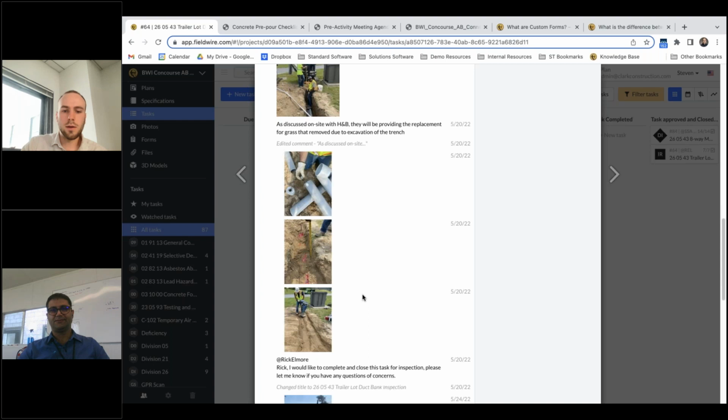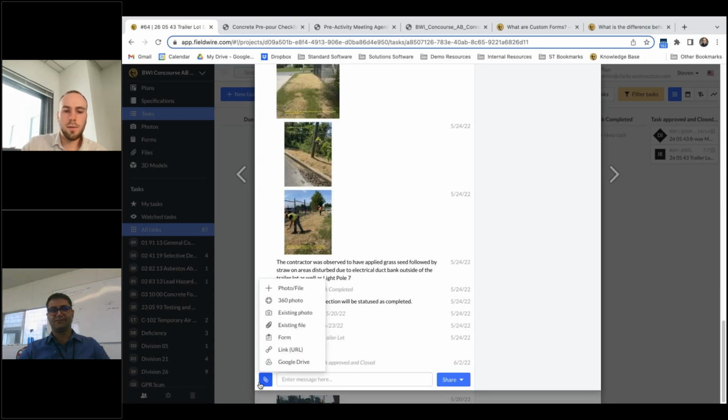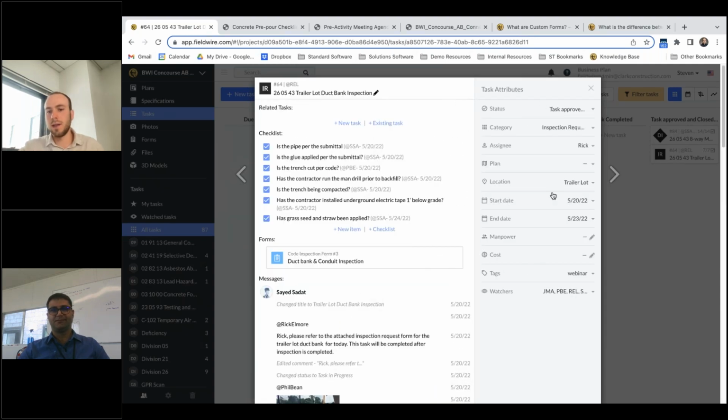I won't do it, but if you go to the paperclip icon here on a task, you can link a form to it. With tasks, we have all these great task attributes and filters. You can assign start and end dates. You can schedule them and view them on the Gantt and calendar charts. So you can use a task to plan an inspection or track the overall progress of something, and then link in any relevant data to it. So including a form with more detailed inspection information, and then you can leverage all the filtering and searching abilities of tasks to find your forms and keep everything related to an inspection in one place.